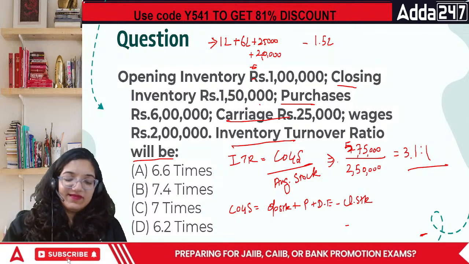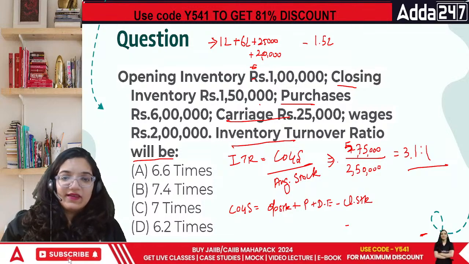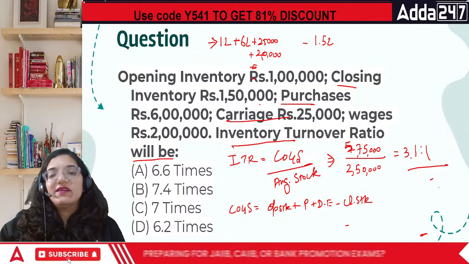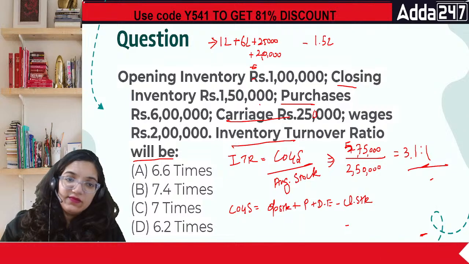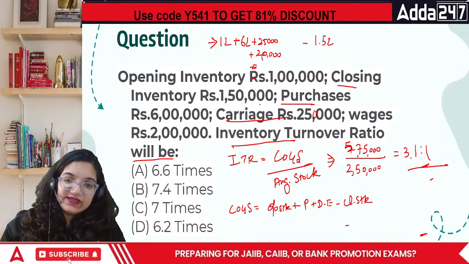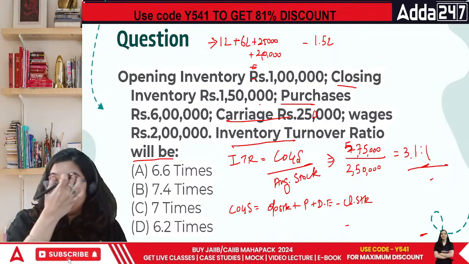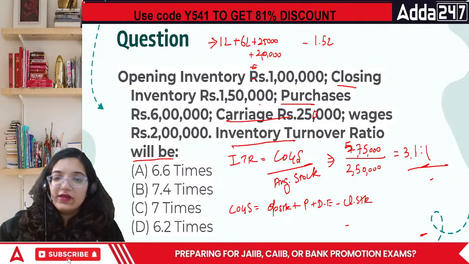Arre. Acha, okay. Wages are okay. One mistake. I think I've made a mistake here. Keep your carriage as 2,50,000 there. Opening stock is 1 lakh. Purchases 6 lakhs. Plus wages 2 lakhs. Plus carriage inwards 2,50,000 minus 1,50,000, giving us